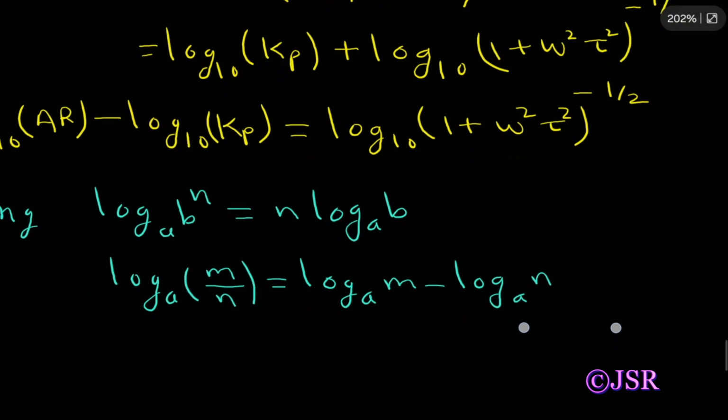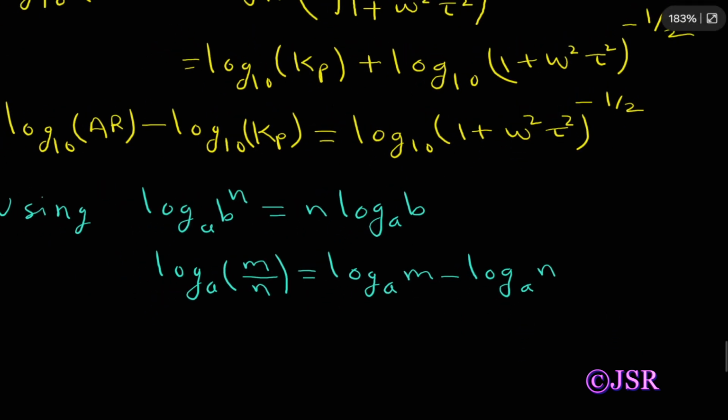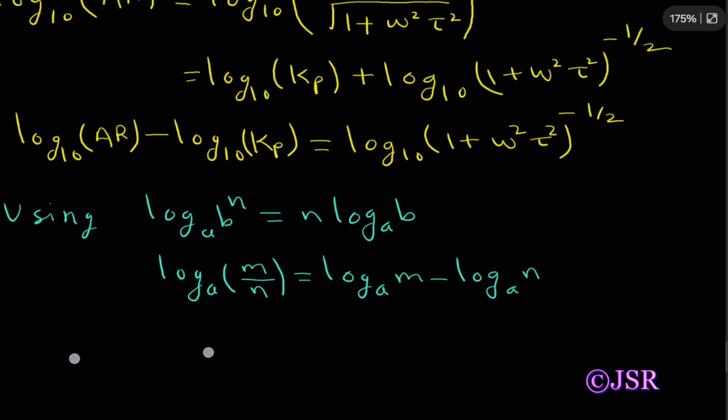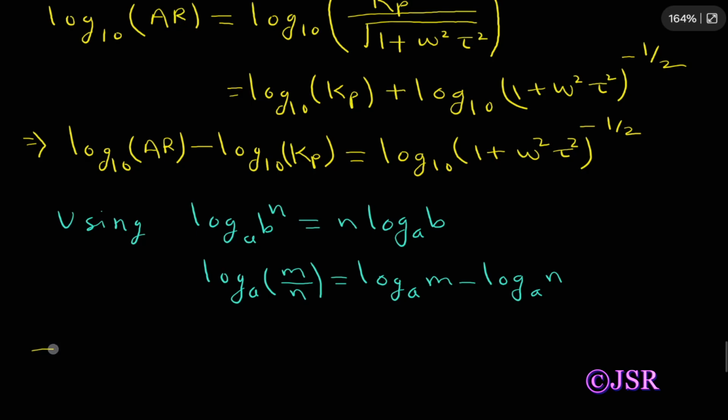So using these two formulas, in the left hand side we will use log m minus log n. So we can write this as log 10 of m upon n, that is AR upon Kp,